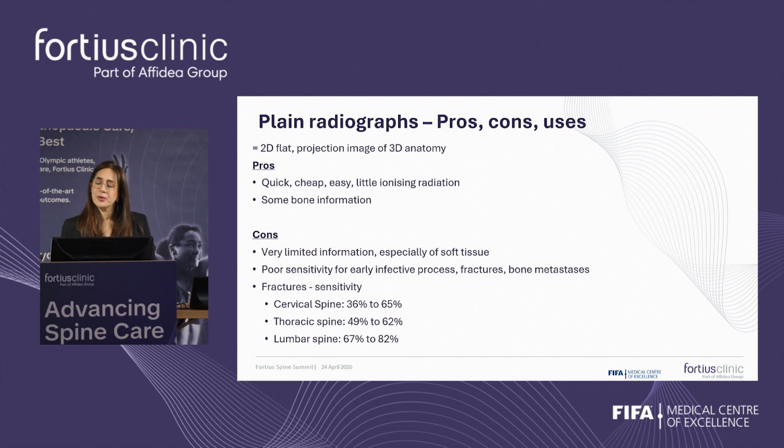It is a very basic way of looking at the spine, as you can imagine. It's a 2D flat projected image of 3D anatomy. However, it is very quick, as you know. It's cheap, it's very easy. There is very little ionizing radiation. There is some bone information, but not much else, really. So very limited for soft tissue, very poor sensitivity for early infective processes, which I would emphasize, fractures, which we'll look at, and